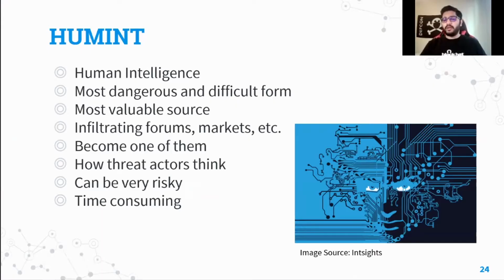Moving to the human element that I was talking about. Human intelligence is the process of intelligence where you use interpersonal contact rather than technical processes or tool-based systems. By interpersonal contact, I mean you go on forums and talk to the actors. You can think of it as a high-tech equivalent of an undercover FBI agent infiltrating a criminal organization. And that is why this is not an easy task.